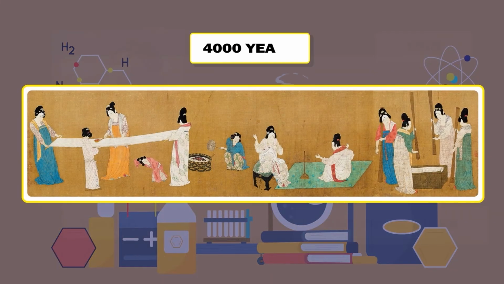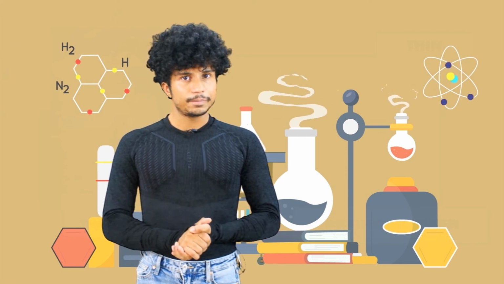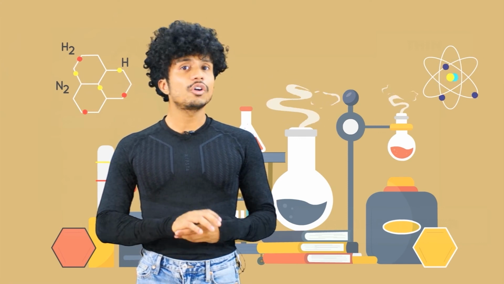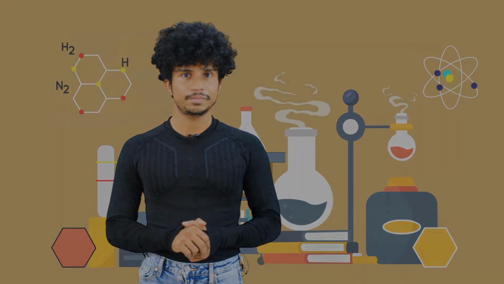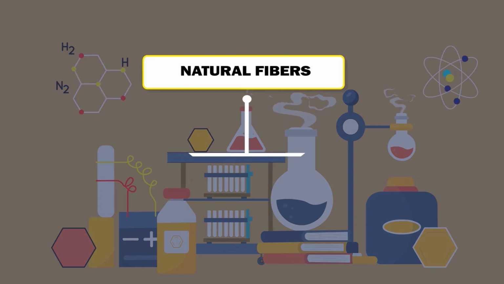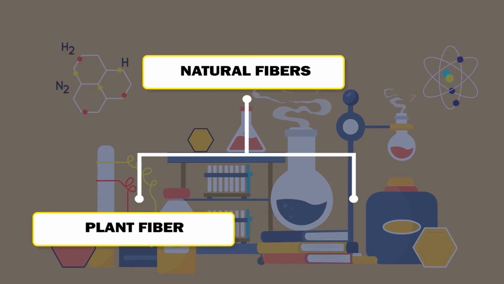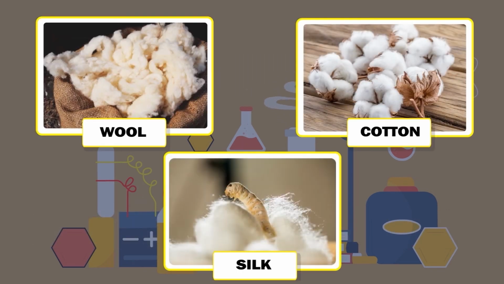Fiber was introduced about 4,000 years ago. Yes. From back then, fibers have been documented in historical records. Natural fibers were the first to be produced. All other fibers that were made with plants and animals like wool, cotton and silk can be categorized into one